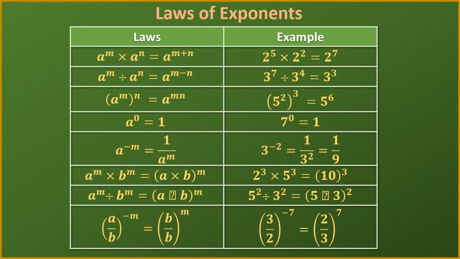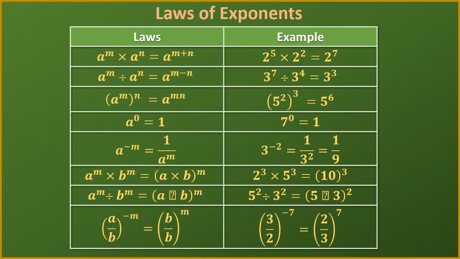Now see the third formula. Here you see in the third formula one single term containing two different powers. One is power m and another power, whole power, is given as n. So remember, if one term contains two powers or more than two powers, all the powers we can easily multiply. Suppose one power is given inside and one power is given outside, you simply multiply both the powers and then write down the final term. For example, look at the example given over here: 5 to the power 2 whole power 3. So 2 and 3 I have multiplied, it becomes 5 to the power 6.